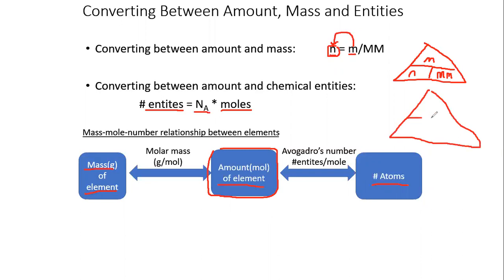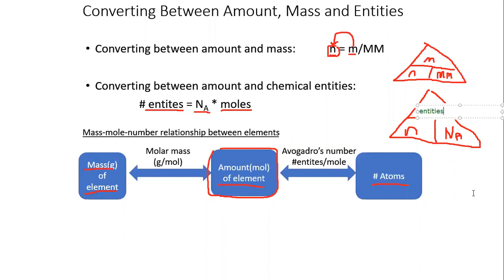I'm not a great artist, but I'll try my best. So we have Avogadro's number. We have moles. And then the third thing is entities. And again, entities can be typically atoms, molecules,